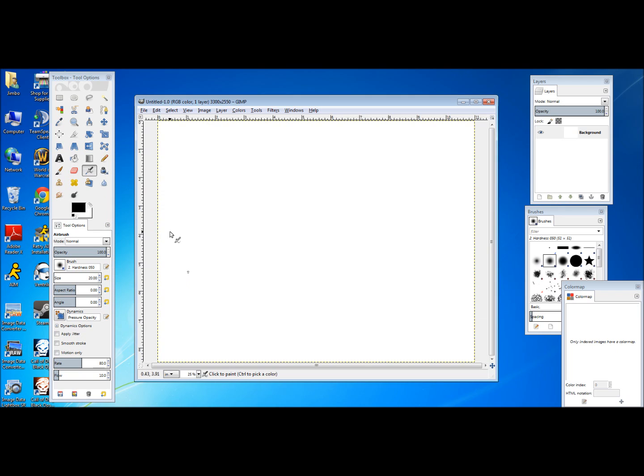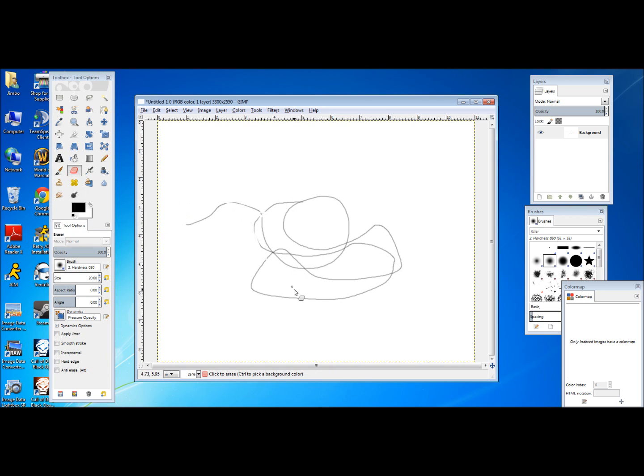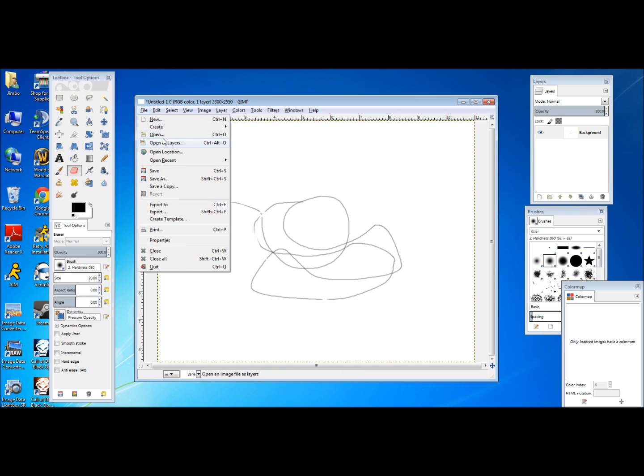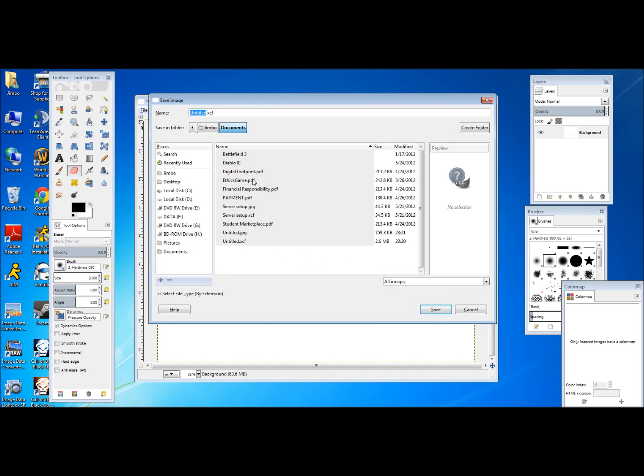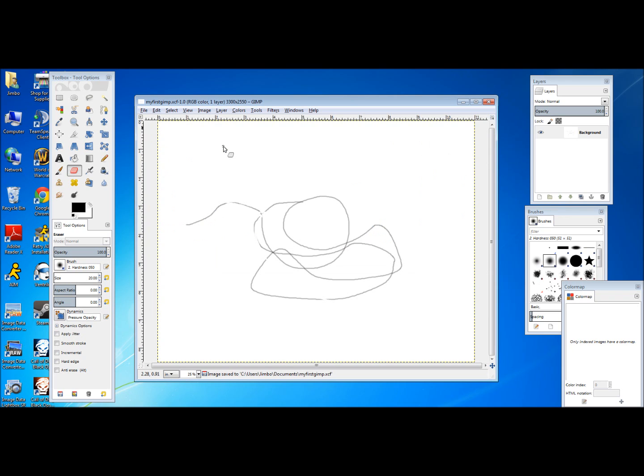Now I can draw. I can use any of the tools that GIMP lets me. I can erase things. Once I'm finished, File, Save. I'll save this off as my first GIMP, XCF, which is GIMP's own format. Also, if we want to export it, File,